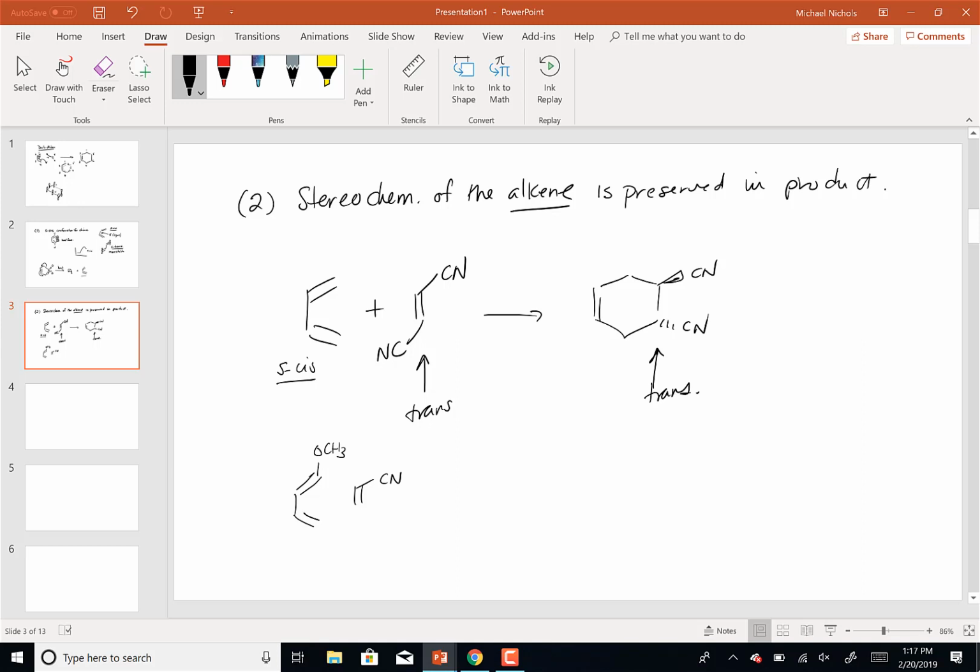The optimum Diels-Alder has what's called an electron withdrawing group in the alkene and an electron donating group in the diene. That's the optimum situation. Now, if you're wondering, how do we know that? We don't. We will when we talk about benzene molecules